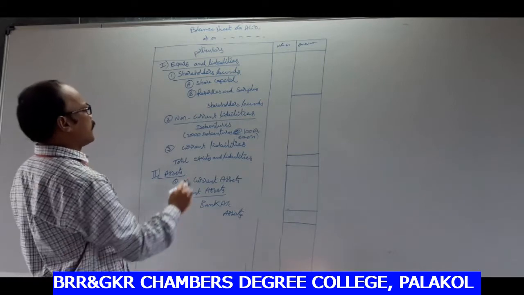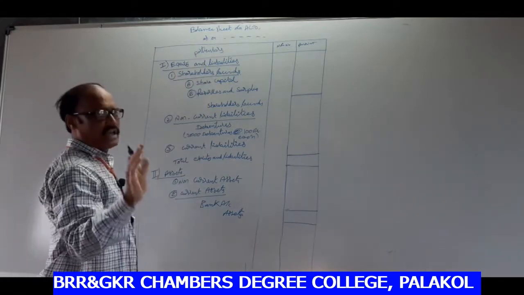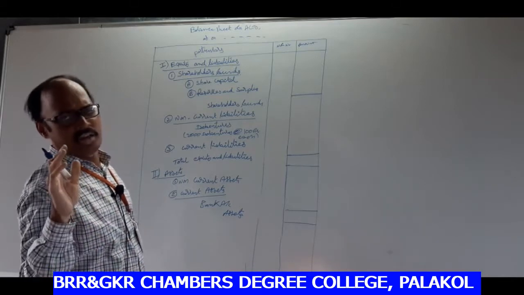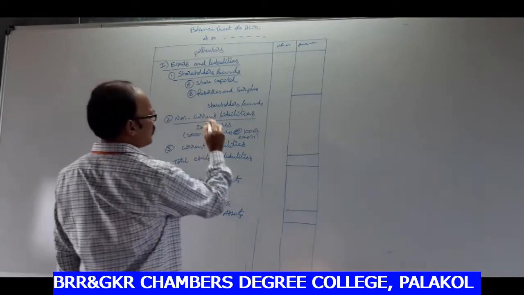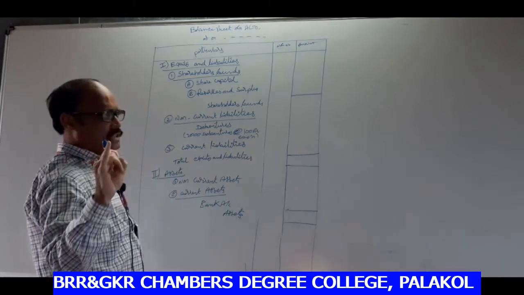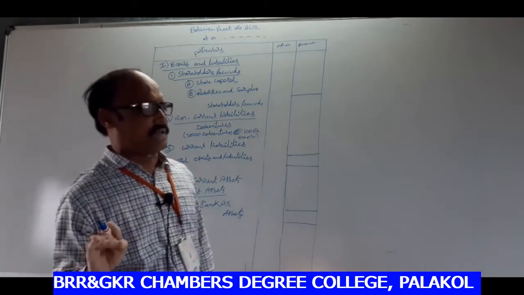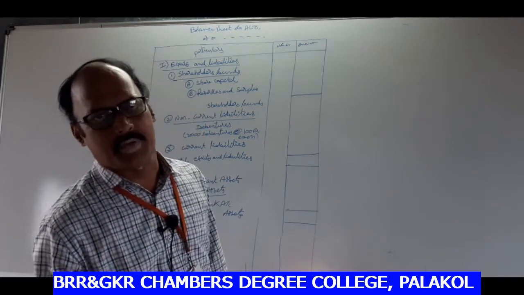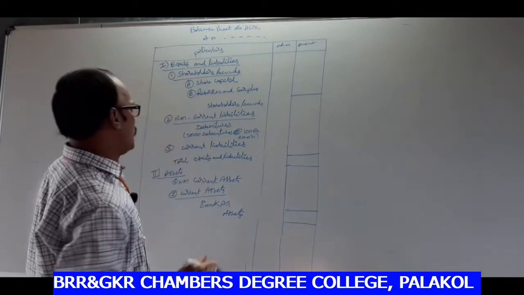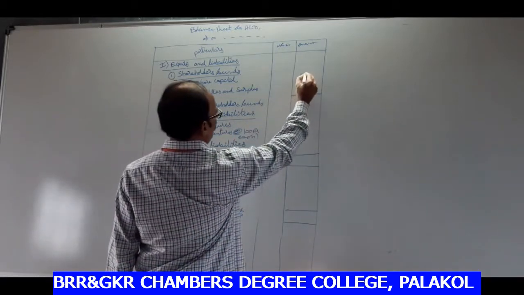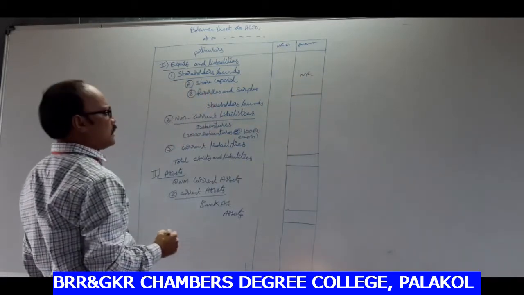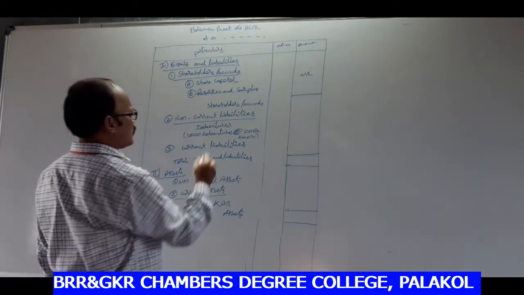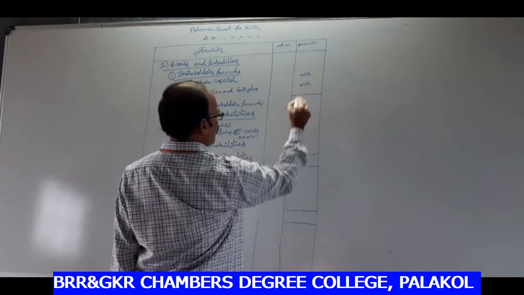Okay, look at the board please. Equity and liability, shareholders funds. There is no information in this problem regarding capital. So there is no authorized capital, subscribed capital, issued capital, called up capital and paid up capital also. So that's why share capital is nil. Next, there is no information about reserves and surplus in this problem. So the reserves and surplus amount is also nil.